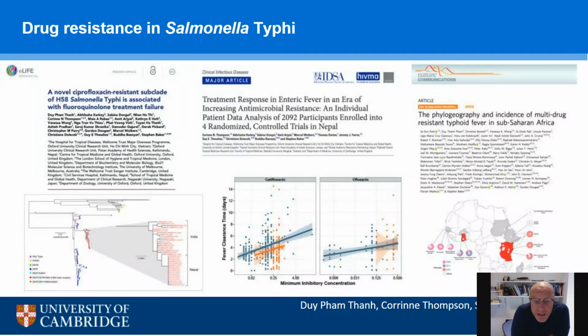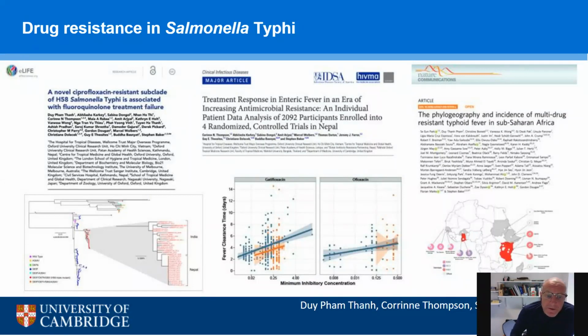We were lucky enough to work in a group again in Nepal through a period where we were testing multiple different drugs for the treatment of typhoid, and you can see the increases of minimum inhibitory concentration of ciprofloxacin, or other fluoroquinolones, compared with fever clearance time. So this shows how important this is. If you have a drug-resistant organism, or the higher the MIC to that organism against gatifloxacin and ofloxacin, the longer it takes for you to clear the infection, and the more likely you are to have more severe typhoid